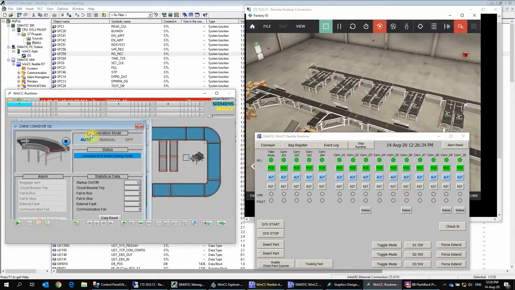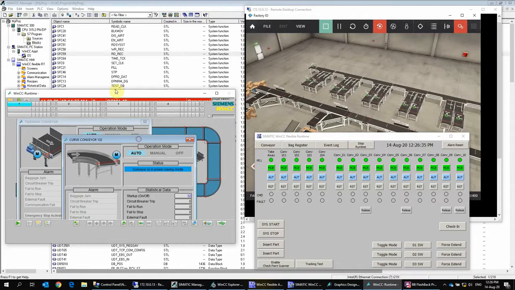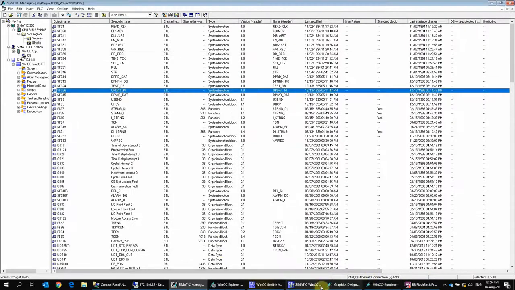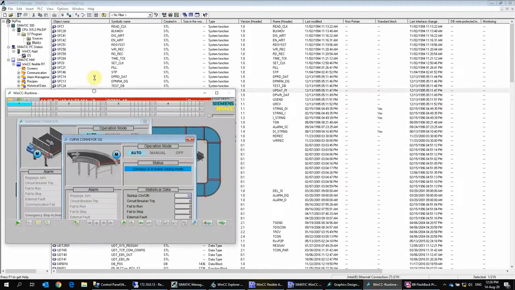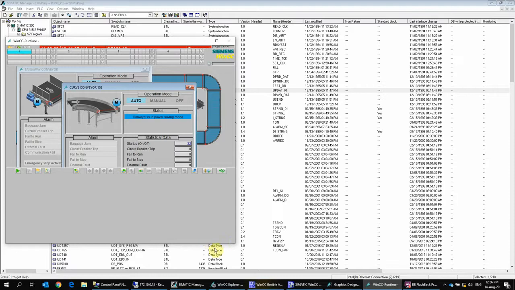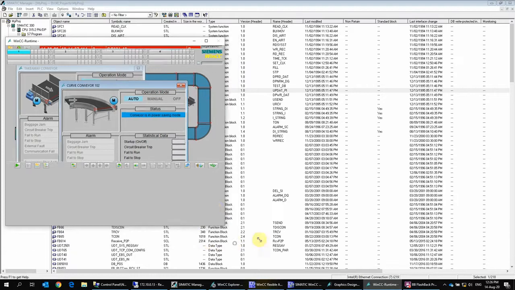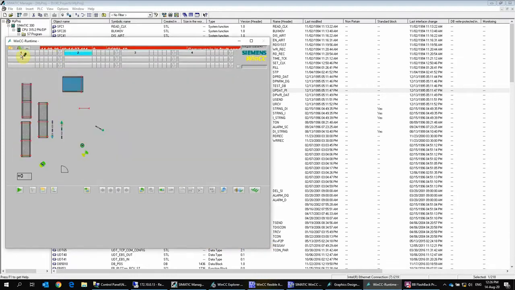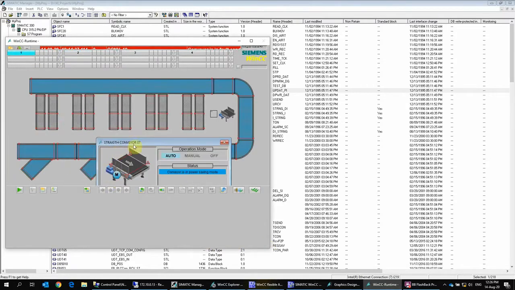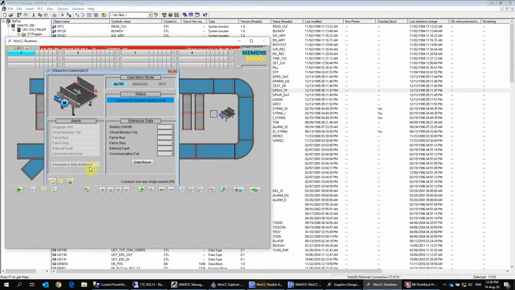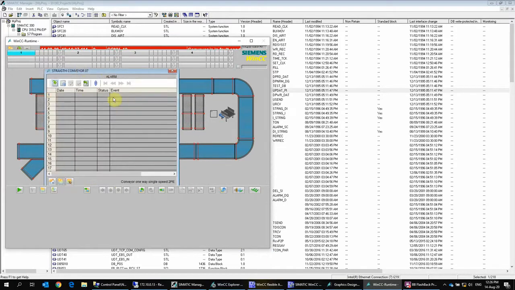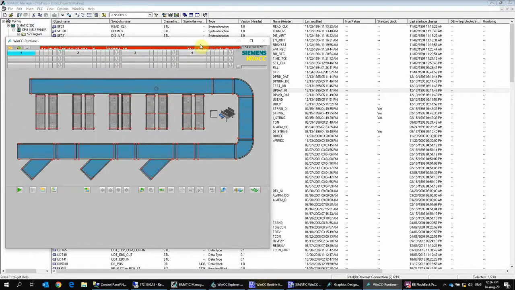You can have different faceplates for different functions. So now we go back to